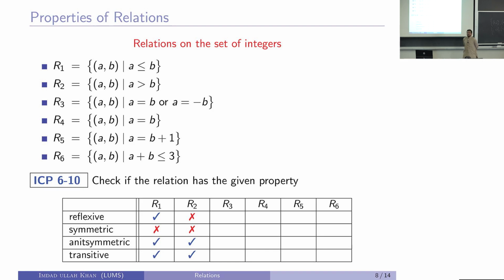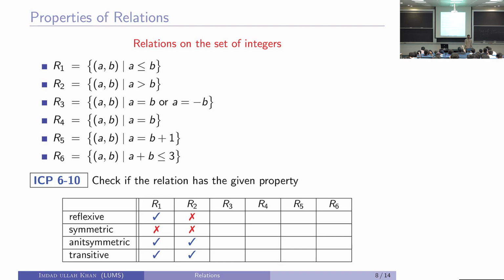Is R1 symmetric? What does it mean for R1 to be symmetric? Just restate it. Don't give a yes or no answer. Don't give an example or counterexample. Just translate this statement: R2 is symmetric. Whether it is false or true is a different thing. R2 is symmetric. Translate this into a more